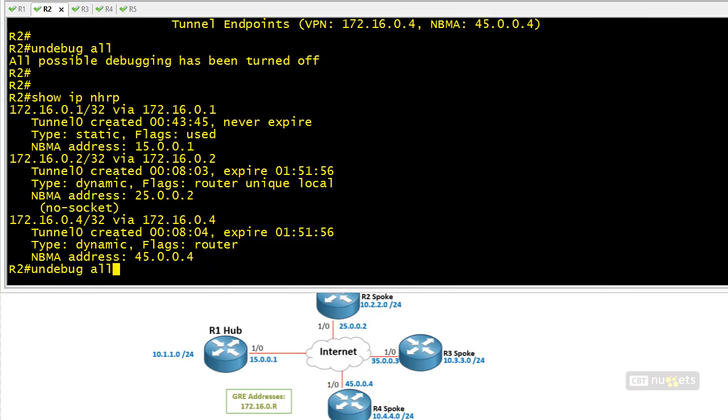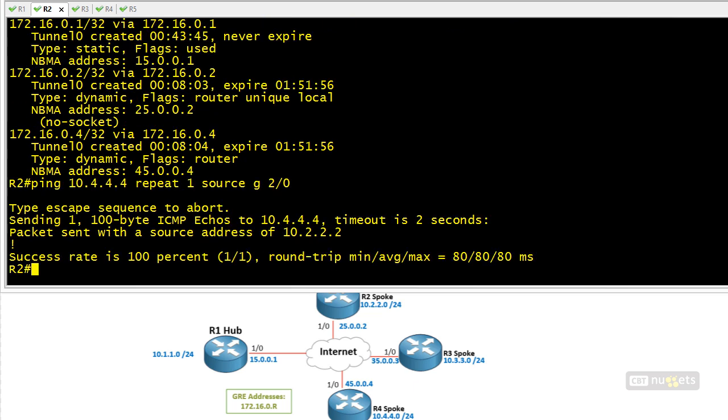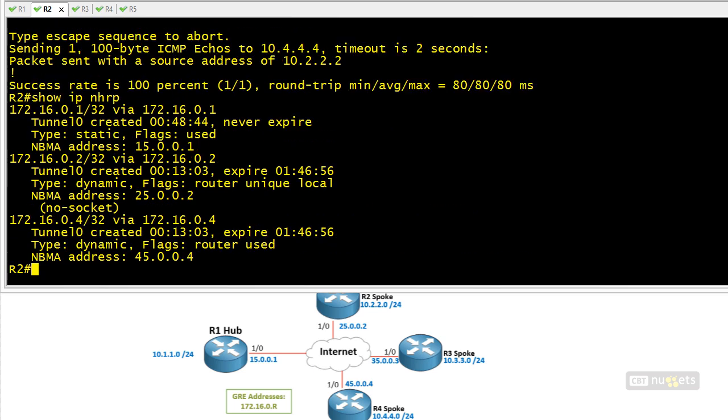Now if we do the up arrow key a couple times and do a ping again, and the up arrow key a couple more times and do a show ip nhrp again, I want you to notice something that changed. We have this additional flag that says used. So there's like a 2-minute counter. If traffic has been sent using this mapping in the last 2 minutes, we're going to see this flag of used to indicate that we've recently used that NBMA address, which is associated with that next hop, to forward traffic